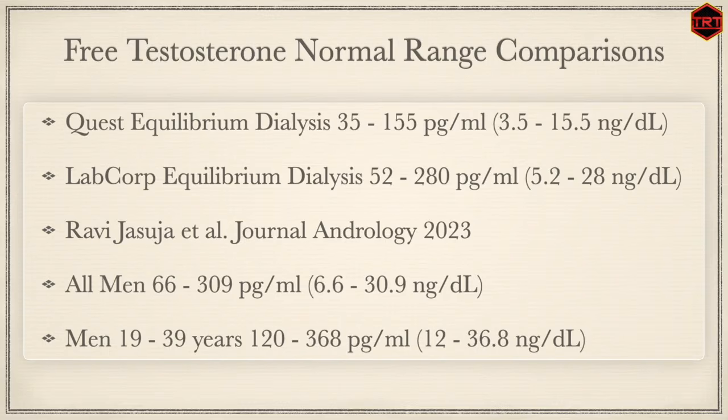It is also important to remember that the reference ranges used by both LabCorp and Quest were internally derived, and at least in the case of Quest, the population used to establish the range may have included men with relatively poor health and low total testosterone levels. Now compare those laboratory reference ranges with the data from the journal Andrology study. For men aged 19 to 39 years, the reported normal free testosterone range was 12 to 36.8. If Quest and LabCorp adopted a range such as this,